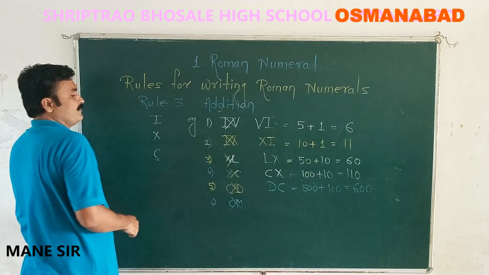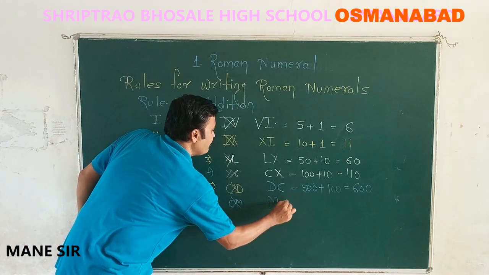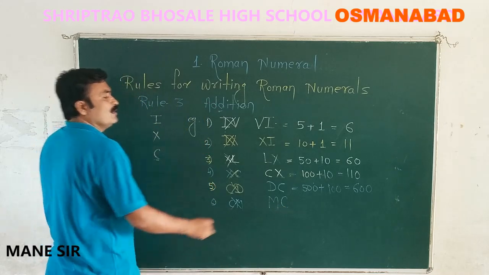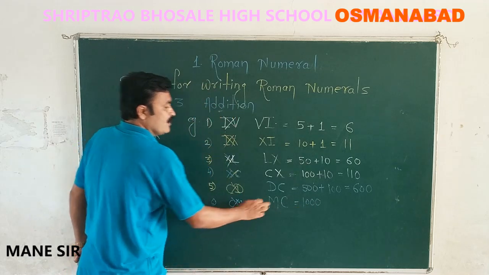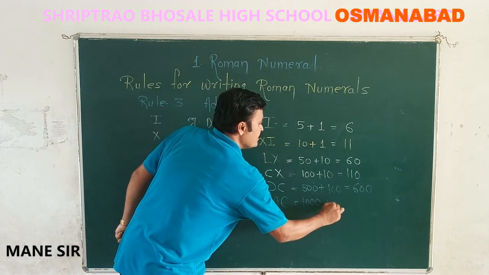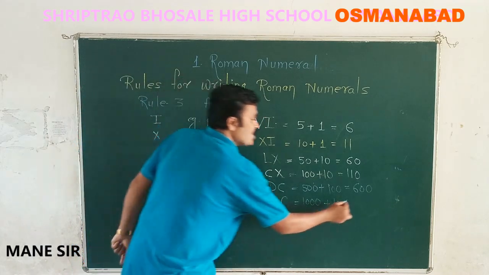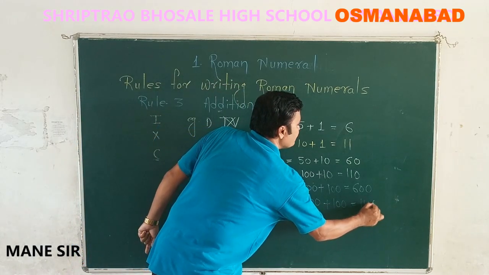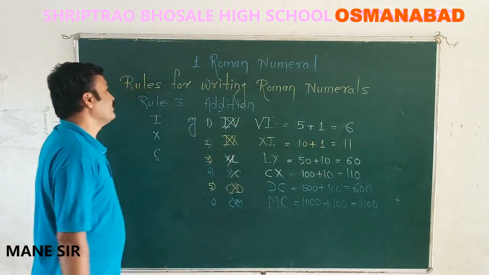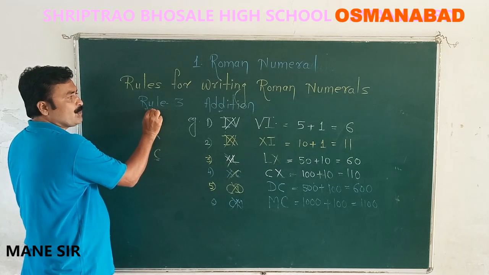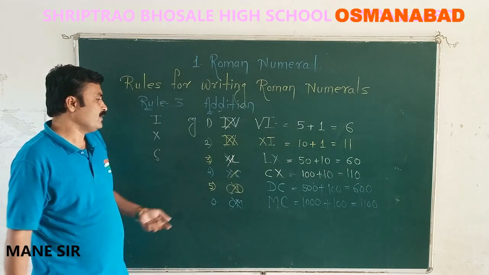Now, instead of this, we write C after M. That means MC. Now, M has the international value 1000 and C has 100. So 1000 plus 100, we get the international number 1100. So in this way, by using rule number 3, that is by using the addition process, we are deriving such